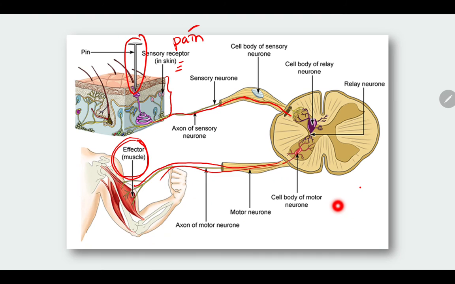Gitulah. Jadi bila jari kaki ke jari tangan ke terkena jarum tu, so kita nak alihkan tangan tu, kita cepat-cepat alihkan. So nak alihkan tangan tu, bicep dengan tricep muscle dekat tangan ni dia kena contract dan relax. So dia nak tahu bicep dengan tricep muscle dekat tangan ni, dia nak tahu yang dia perlu contract dan relax untuk alihkan tangan tu, dia kena terima dulu impulse, iaitu